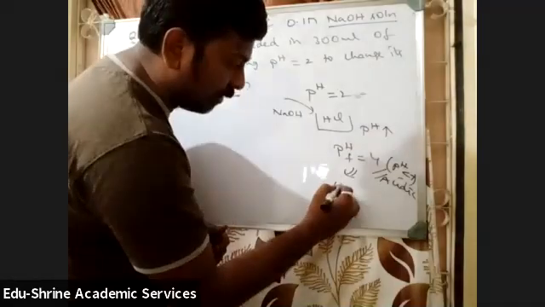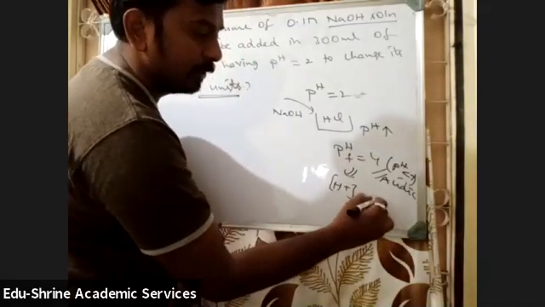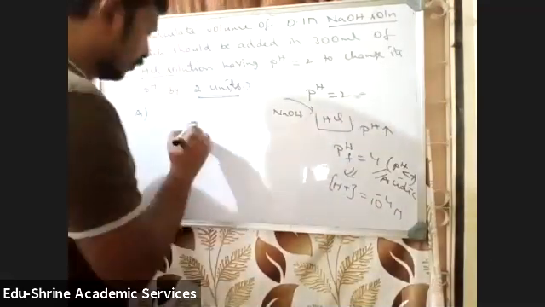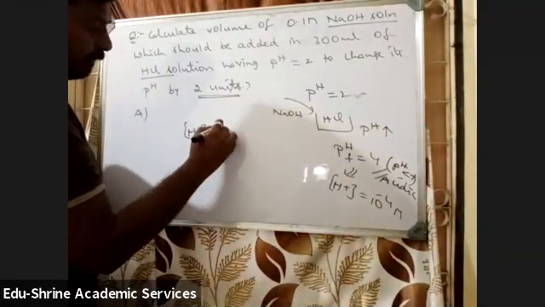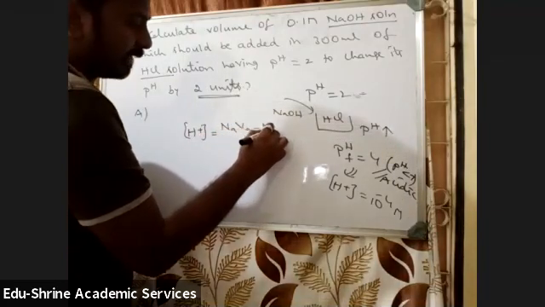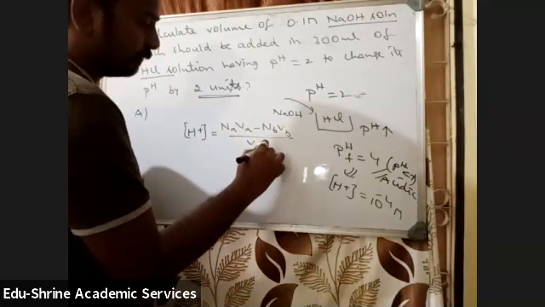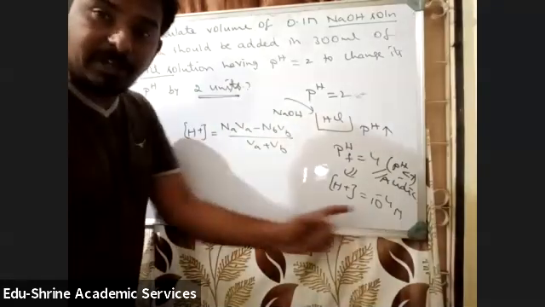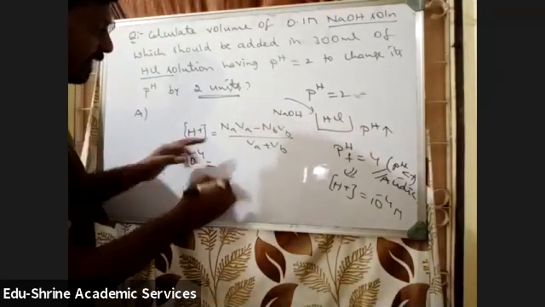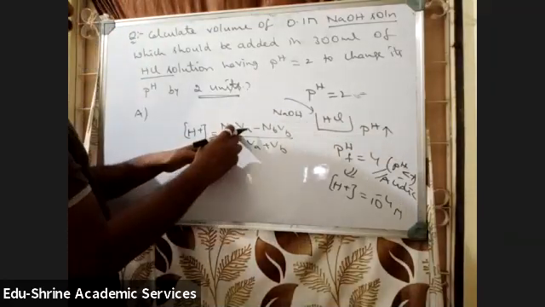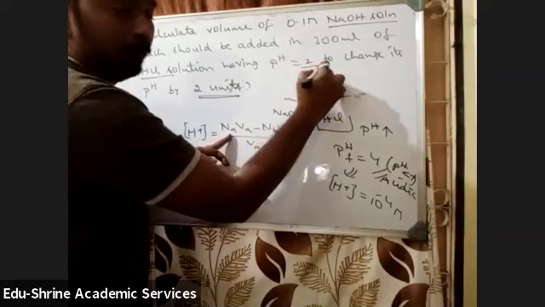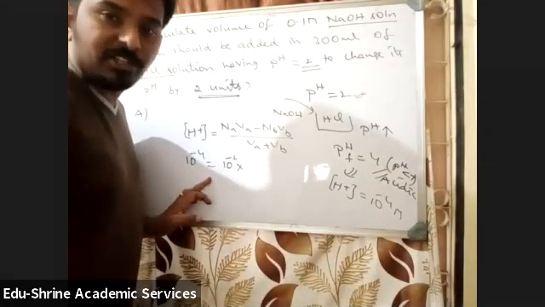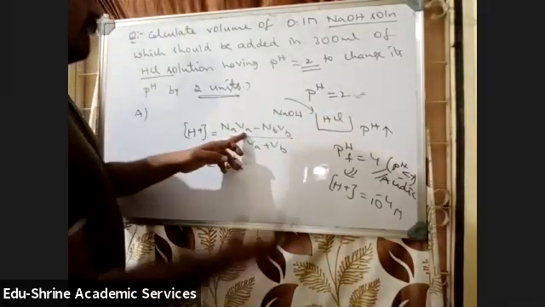That means what will be the final concentration of H plus ions? 10 power minus 4. If pH is 4, H plus will be 10 power minus 4. So final concentration of acid is equal to NaVa minus NbVb by Va plus Vb. That's all. Okay, na? So final H plus ion concentration is 10 power minus 4, which is equal to Na, acid. So what is the concentration of acid? pH is 2, means concentration will be 10 power minus 2. Acid concentration is 10 power minus 2 into what is the volume of acid? 300 ml